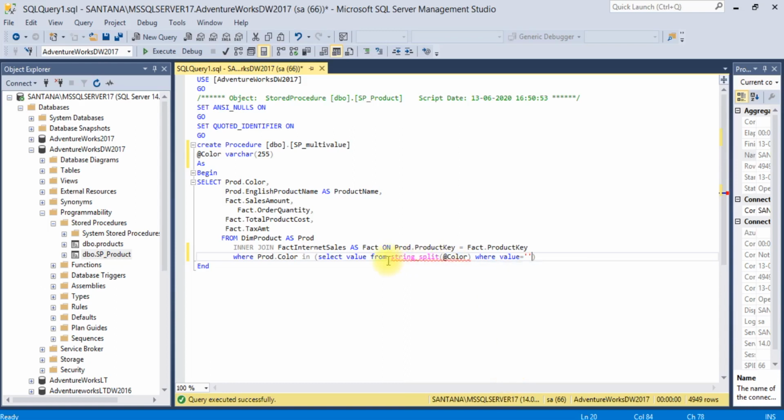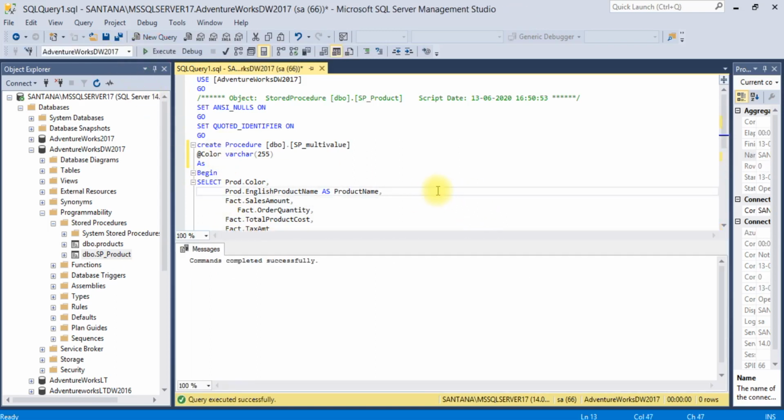Okay, it is showing an error. This STRING_SPLIT will accept two parameters, and the second is the separator: it can be a comma or pipeline or whichever it is going to accept. The same thing you need to mention here. Now let's execute it.